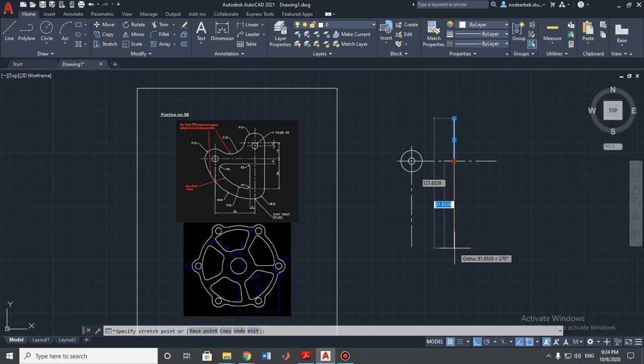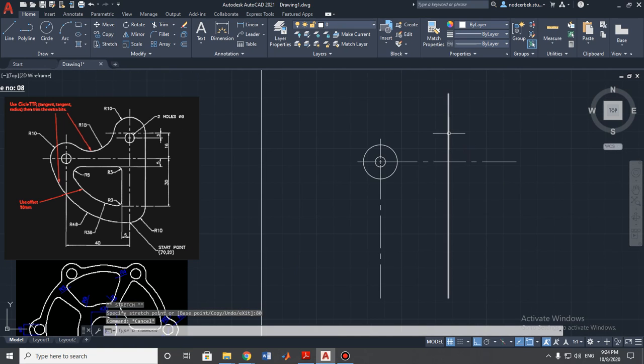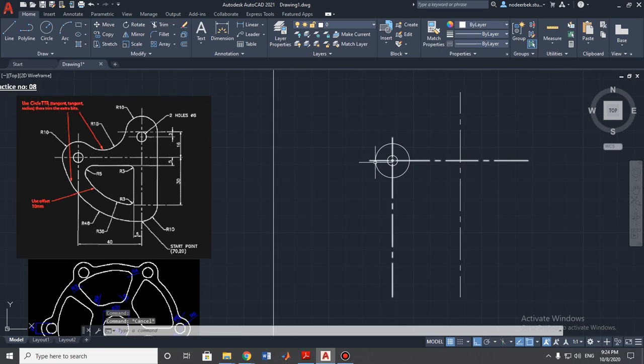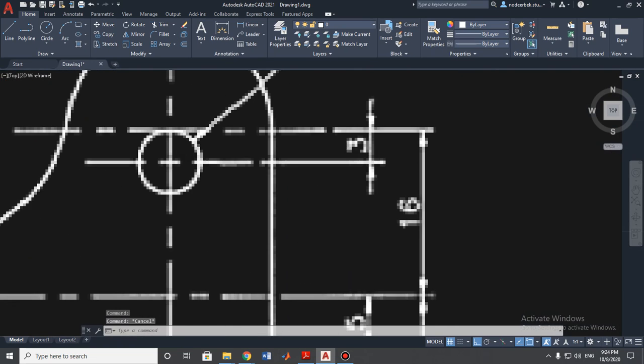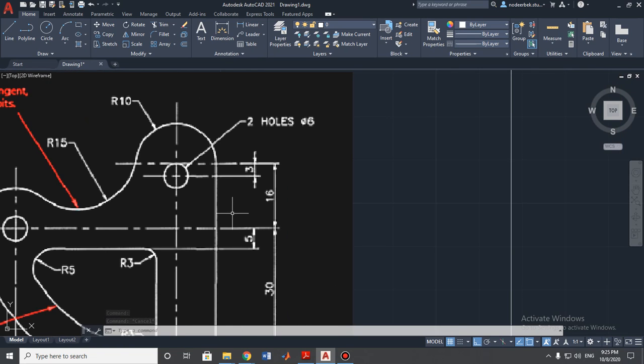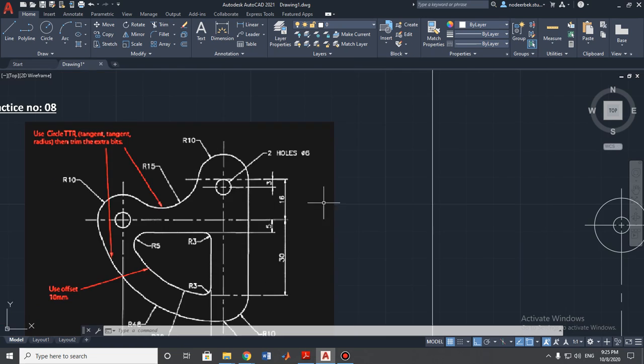So we will put here like 80 millimeters. Done. As you can see, we finished building our center line. We need to change the type of this line to a center line like this. Done. And then to find this point, the center of this circle, we need to go up 16 millimeters from